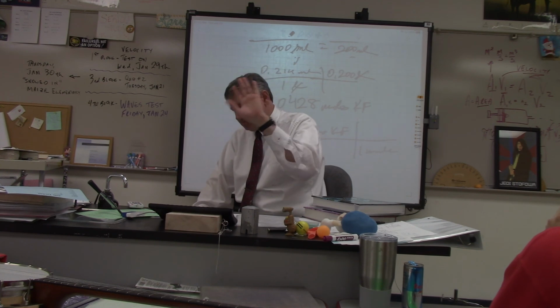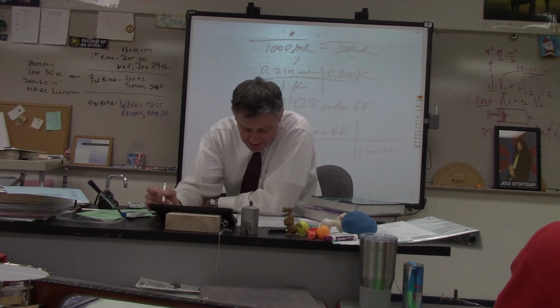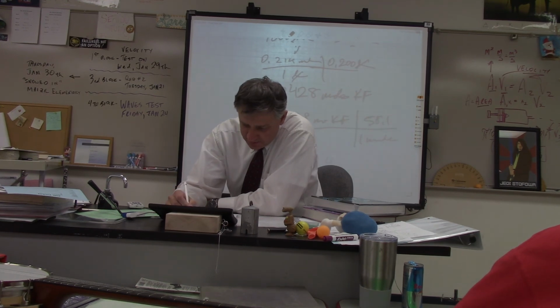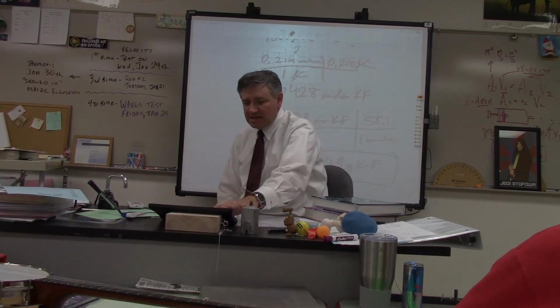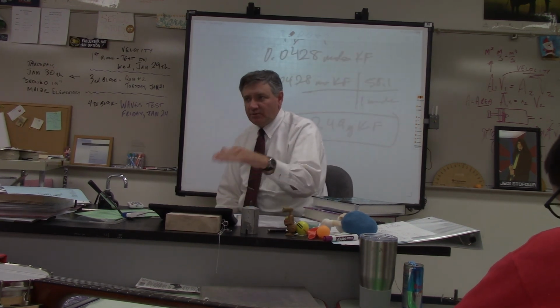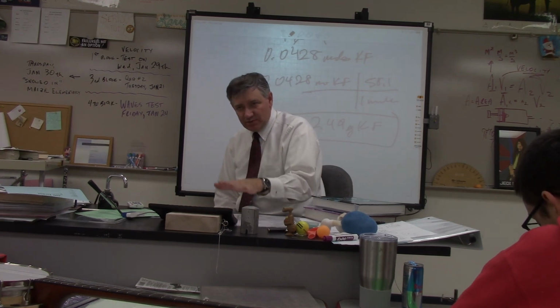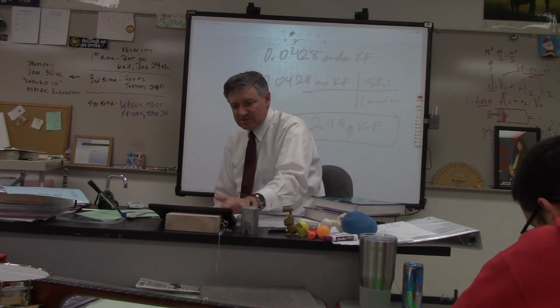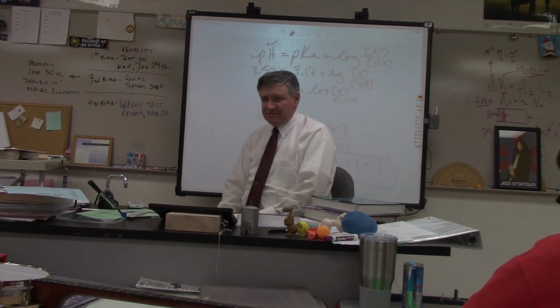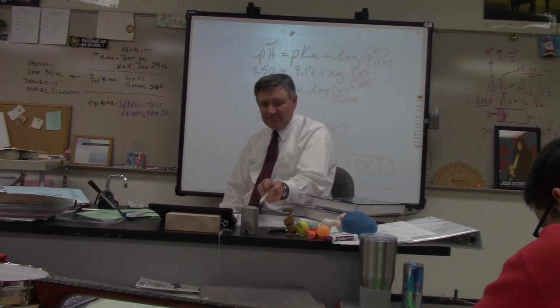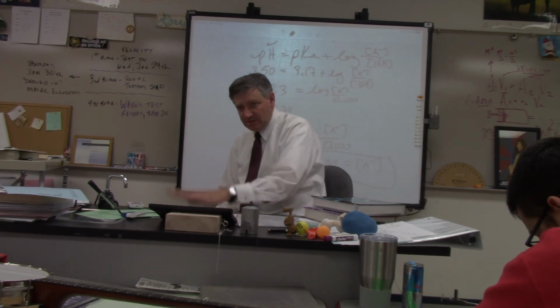So anyway, you look up the molar mass of potassium fluoride, that's 58.1, so you get 2.49 grams of KF. Okay, so that's how many grams of potassium fluoride you would add to the 200 milliliters to end up with a solution that has a theoretical pH of 3.50. So that's what you're going to have to be able to do on the assignment and also on the lab